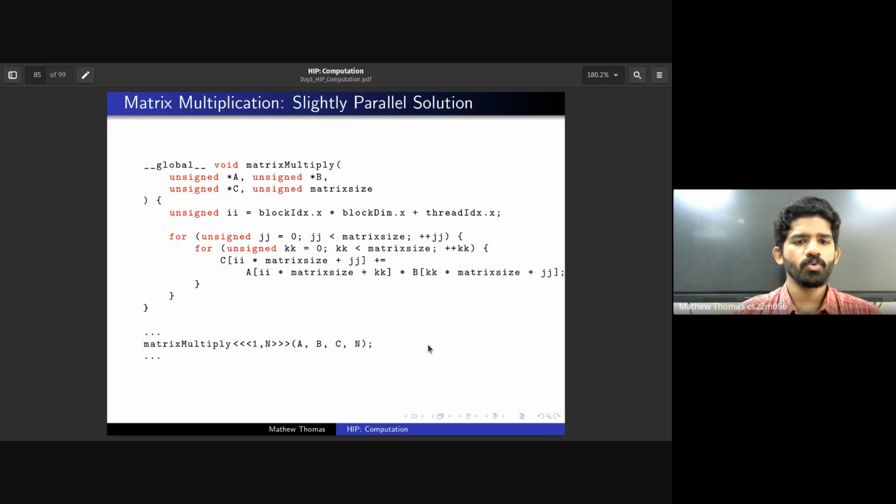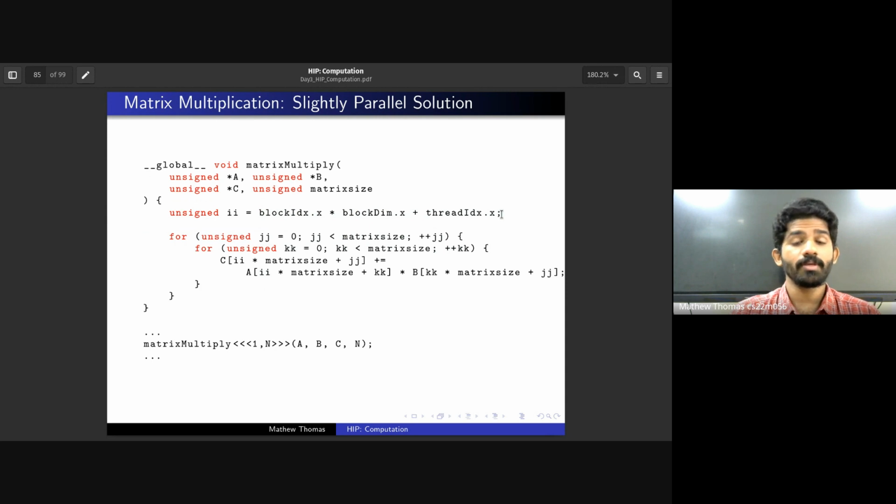Here, instead of iterating over each row of A, I'll launch n threads such that one thread will deal with one row of A. If you see here, ii is now computed as the global thread ID of each thread, and we'll be using that ii instead of using a for loop to iterate over ii. So ii will range from 0 to n, 0 to matrix size. Obviously, because the matrix size is 64,